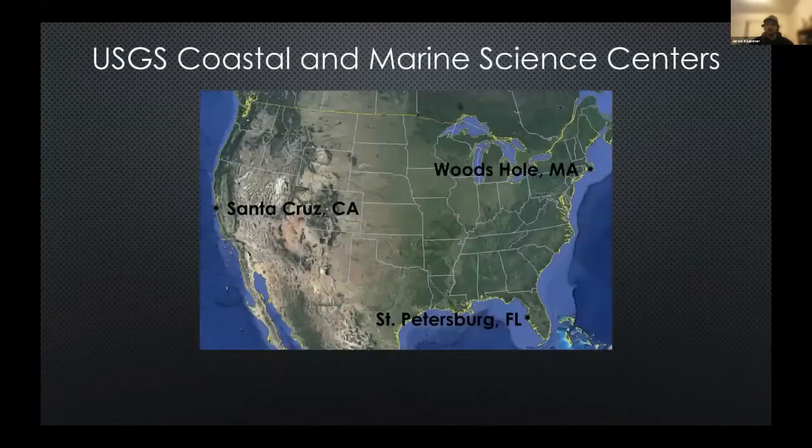In case everyone's not familiar, USGS has 3 marine science centers that sort of cover the states. We in Santa Cruz, in general, handle the West Coast, including the Arctic and American Samoa and Hawaii. Our Woods Hole office generally handles the East Coast, and St. Pete does stuff in the Gulf, but we all work pretty close together and send techs and equipment back and forth. So for the purposes of this, I've included a pretty general inventory of what all of us have.